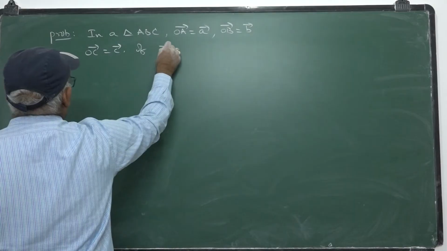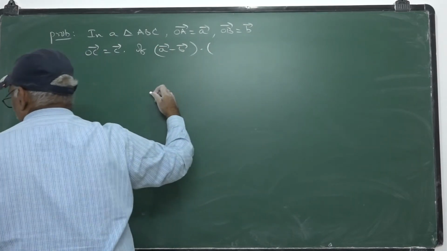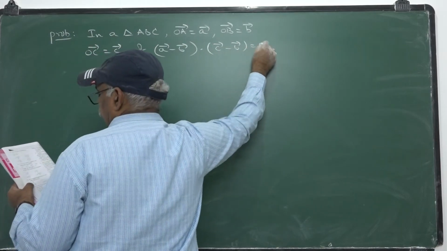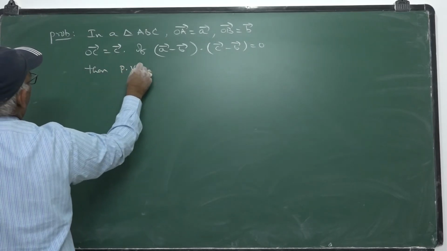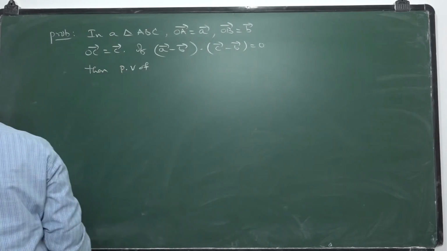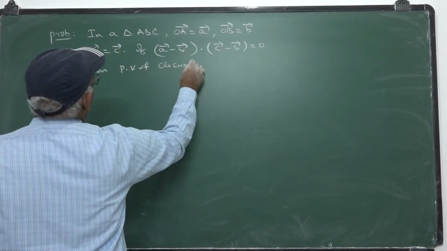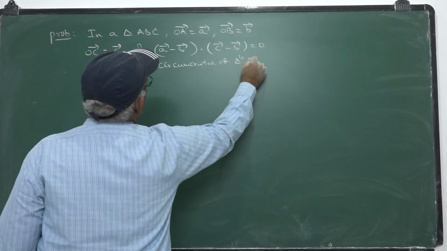If A bar minus B bar dot C bar minus B bar is 0, then the position vector of the circumcenter of triangle ABC is